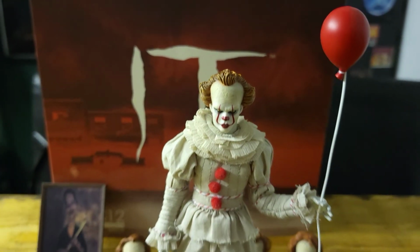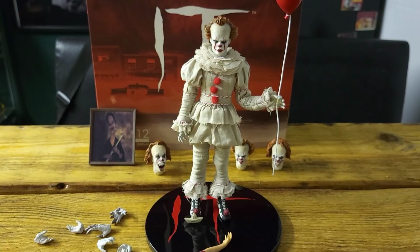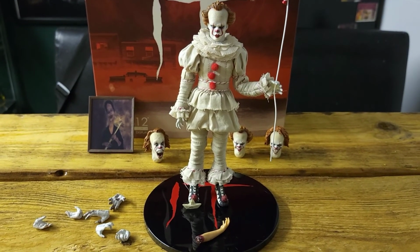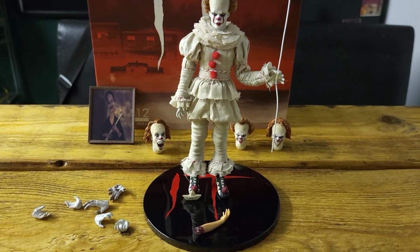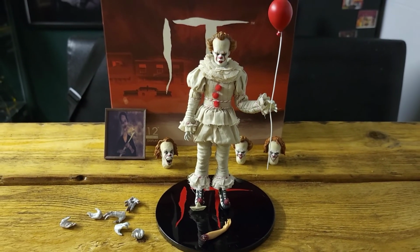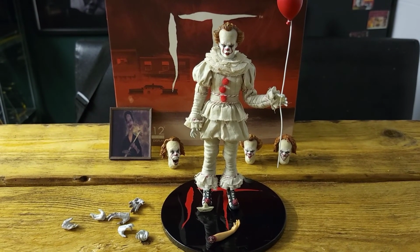I absolutely love it. I mean, the only fault I was having with it is obviously with the hands, but it's because they're so small. You need to be doing it more off camera to concentrate on what you're doing and everything. But I really like this. I really do like it. I think it looks awesome. I can't wait to put it on the shelf and see how it looks on there and get it in some other